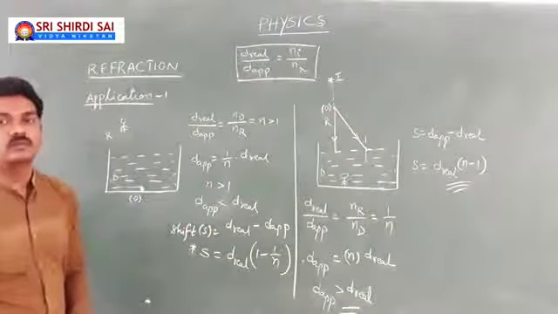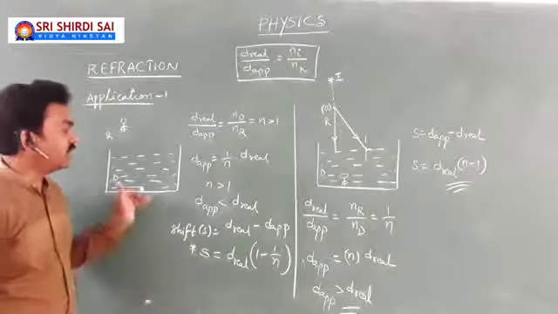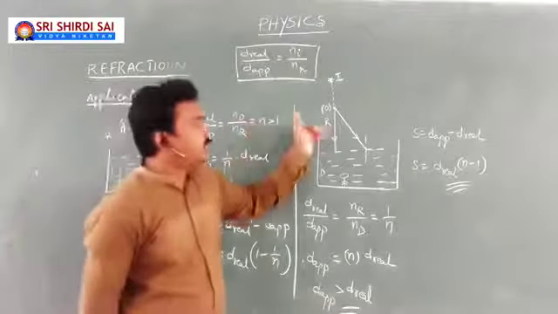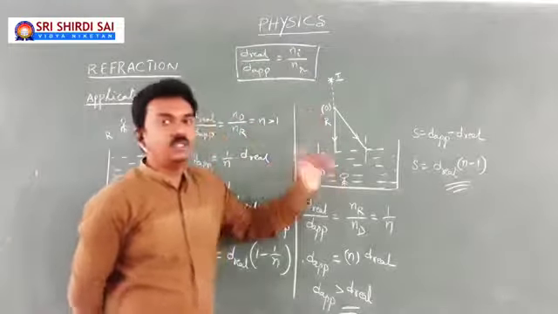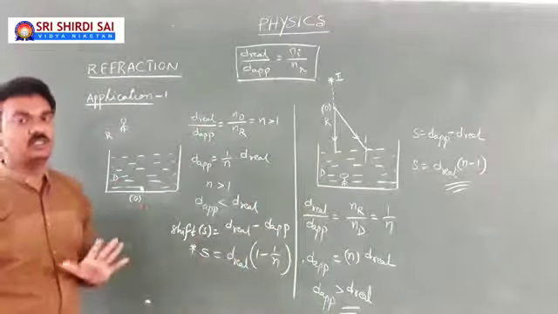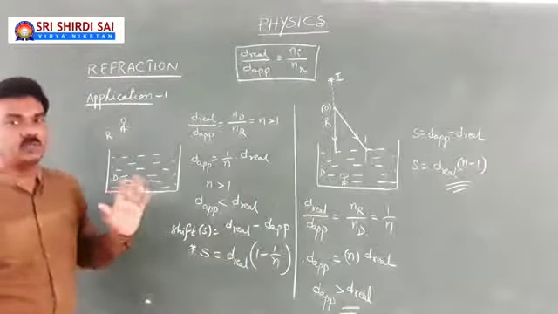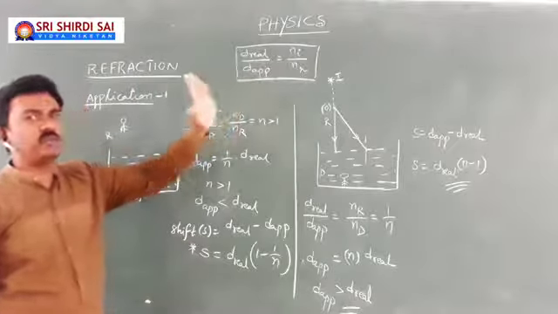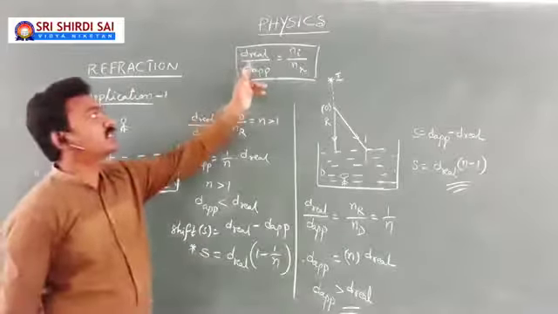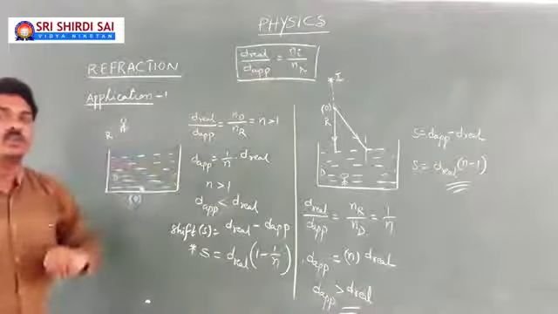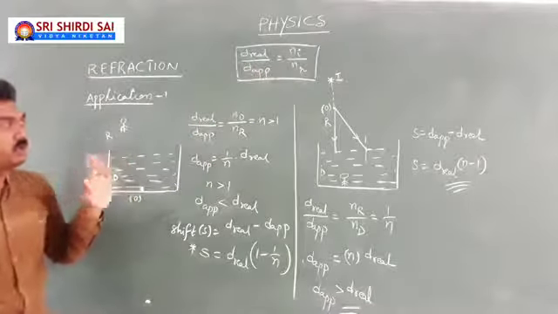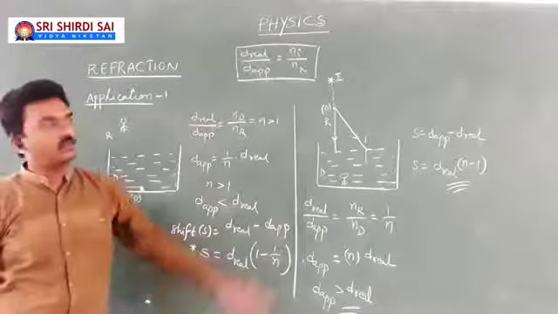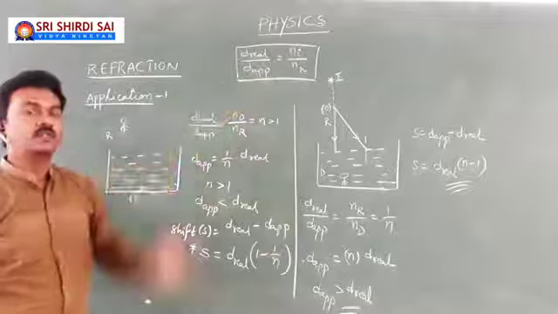This is the point. So when the object is in denser medium, observer in rarer medium is one case. Here object is in rarer medium, observer is in denser medium is another case. Here is all the mathematical explanation about this concept, which depends on the basic fundamental formula: the ratio of real distance to the apparent distance equals Ni by Nr, medium of incidence to medium of refraction. This is the basic fundamental formula. Anything you can come across, if you have an idea of this.